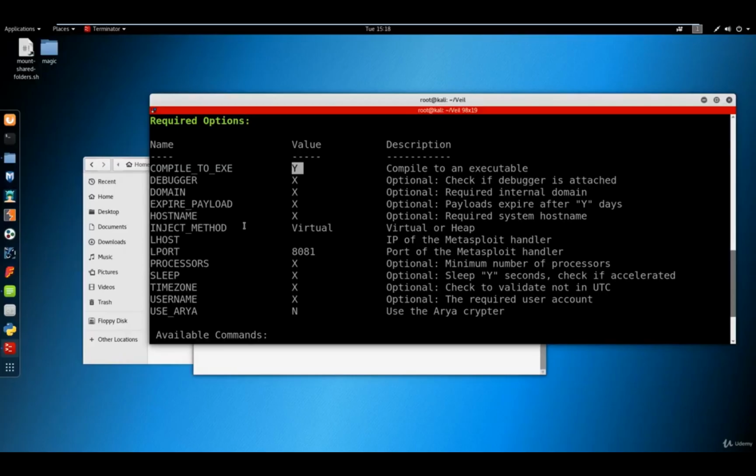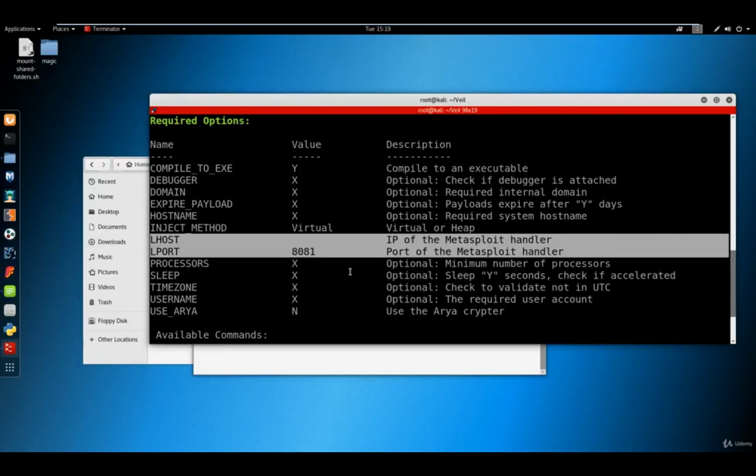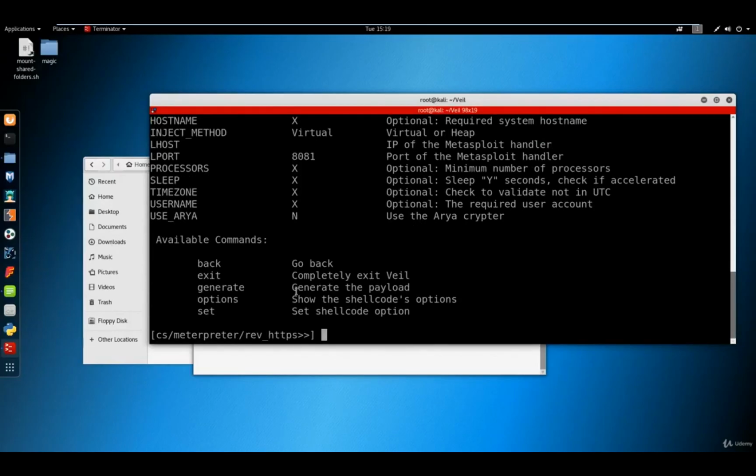But the most important part of this, not to make the video extremely long, is lhost and lport and sleep. They're the 3 main common ones. There's also processors, but as you can see here, these are optional, so they're not actually required. These are the main ones for it to actually work. So we need to set the lhost, and the lhost is the IP address of the Kali machine in this case. So it's the IP address of that, and to find that,